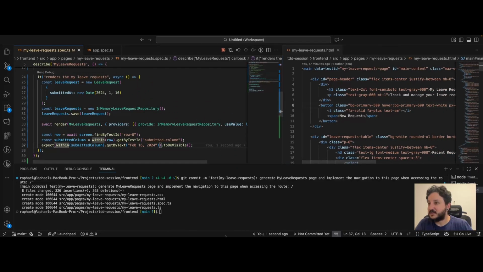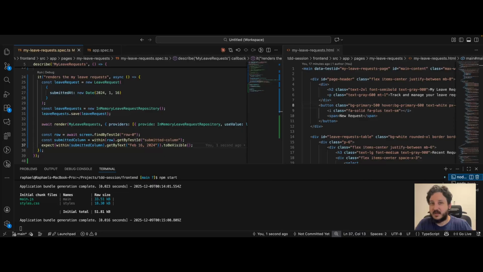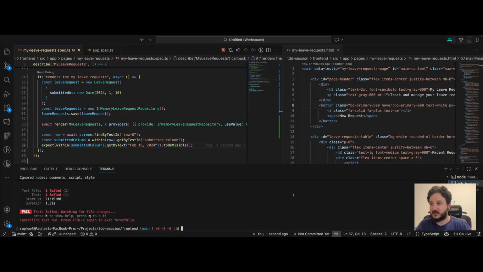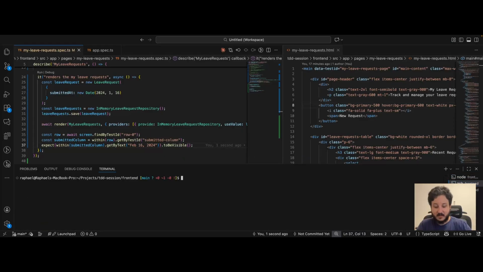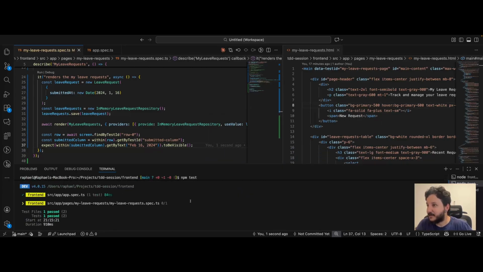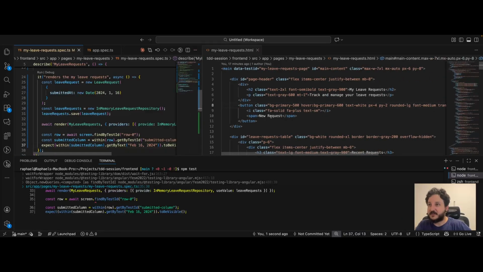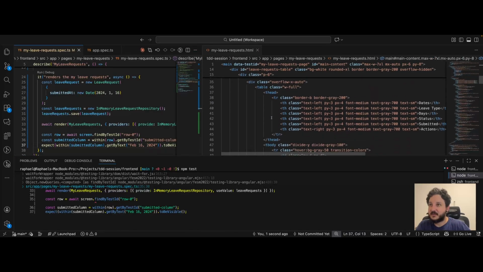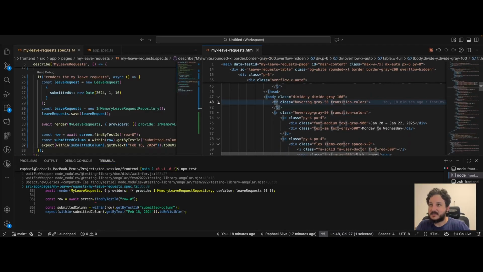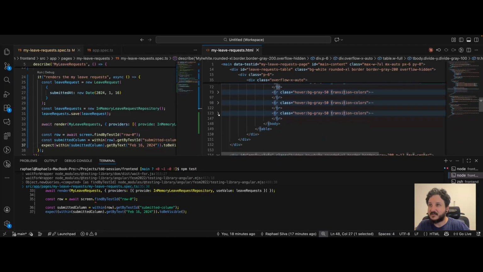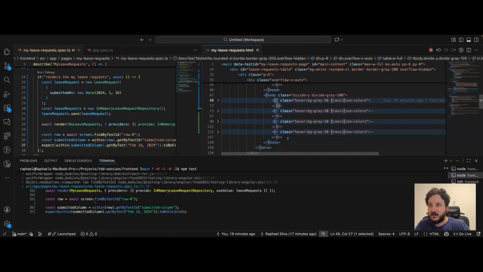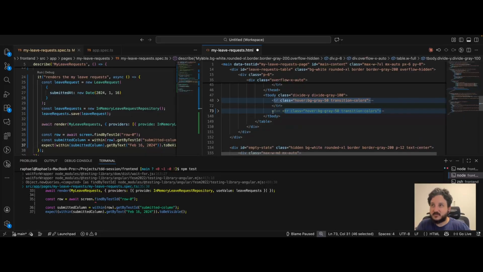If I execute the test, I am quite sure it will not work. npm test. It will not work because there is no row. So the first thing that we need to do is, we have this body. It has a tr, another tr, another tr, and another one. I will comment all of those and we'll keep